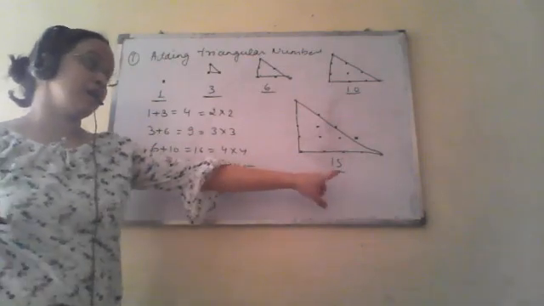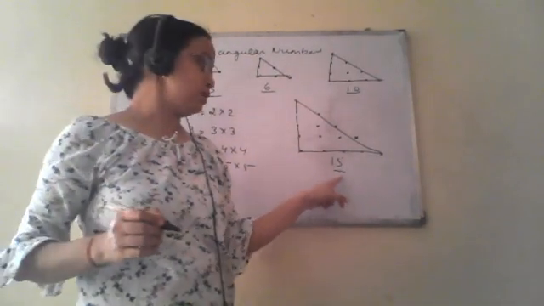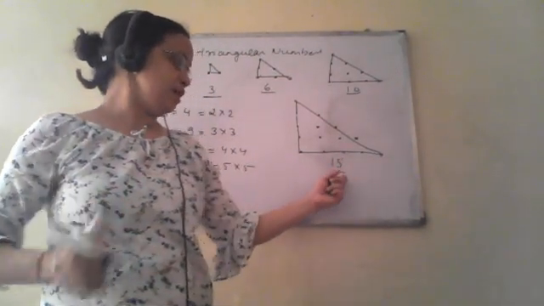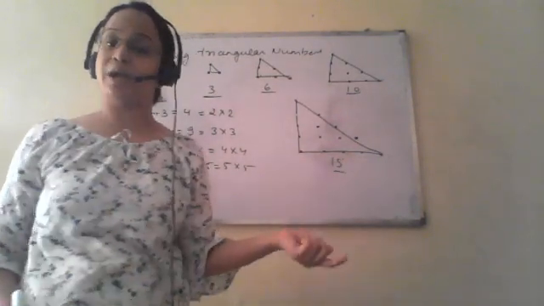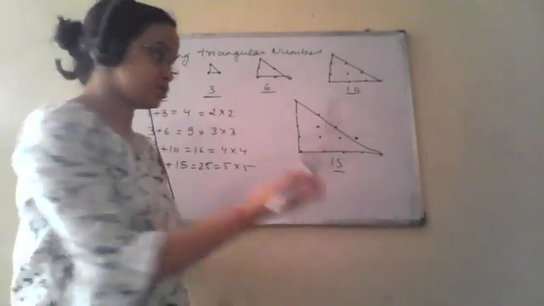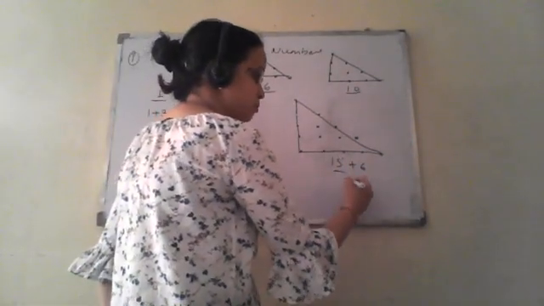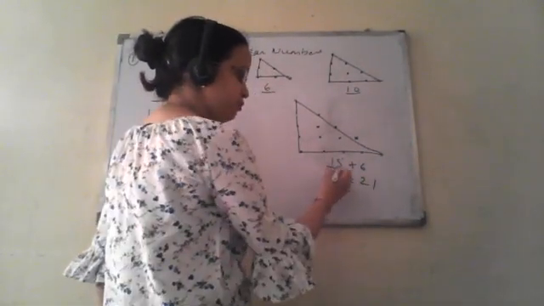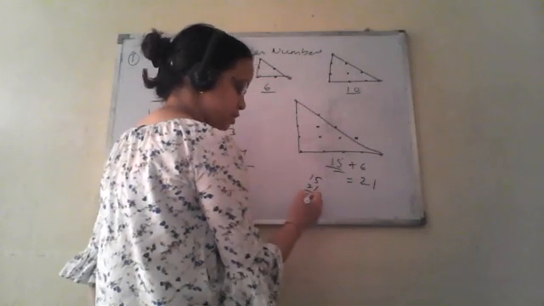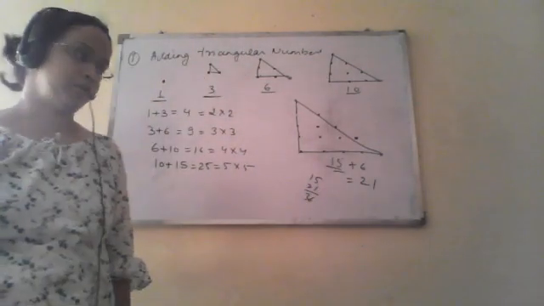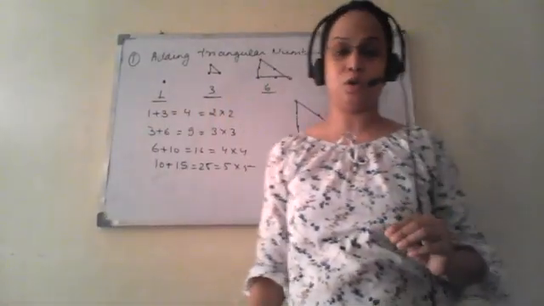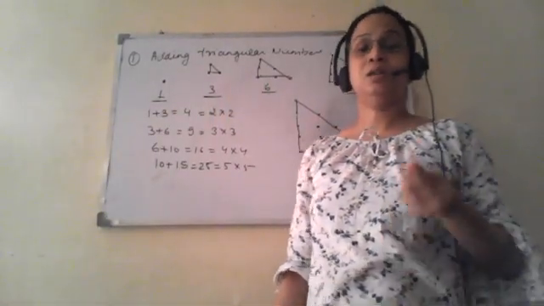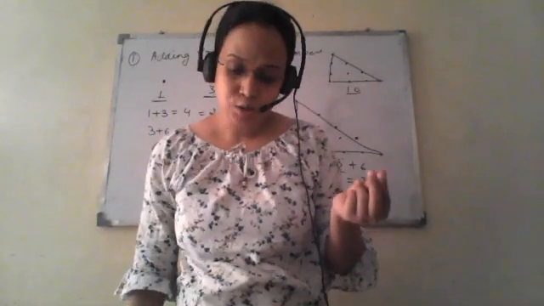Now we can calculate the next triangular number. We have to just add 6 to 15, and we will get the next triangular number, 21. If we add 15 and 21, it is 36. It is again a perfect square number. So the conclusion is that if we add two consecutive triangular numbers, the resultant number is a perfect square.